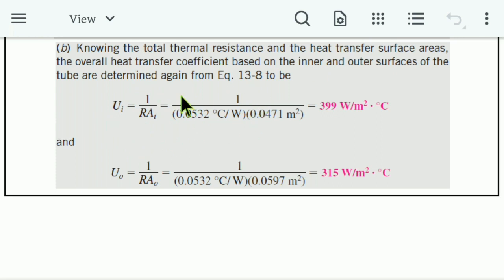We have all these values, so 1 by R, where R is equal to 0.0532 degrees Celsius per watt, and A inner means 0.0471 meter square. So after calculation, we got UI is equal to 399 watt per meter square degree Celsius. Similarly, UO, that means for outer, 1 by R AO, 1 by 0.0532 degrees Celsius per watt times